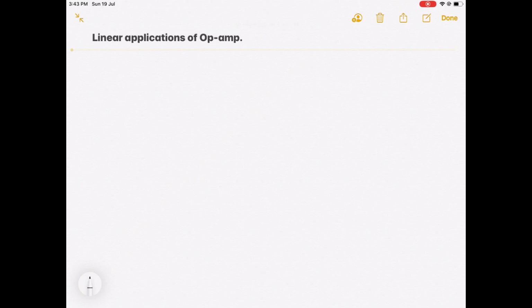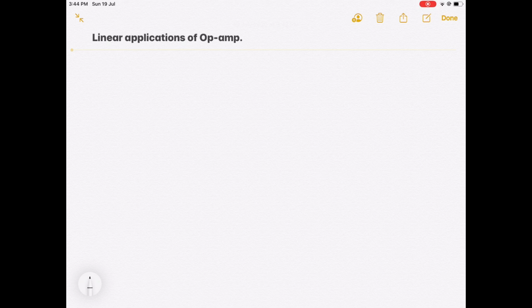Hello everyone, today we will learn about linear applications of op-amp. In our lecture series, in lecture number 5, we have seen what is inverting amplifier and non-inverting amplifier. So, first linear application of op-amp is op-amp as a non-inverting amplifier, and second is op-amp as a